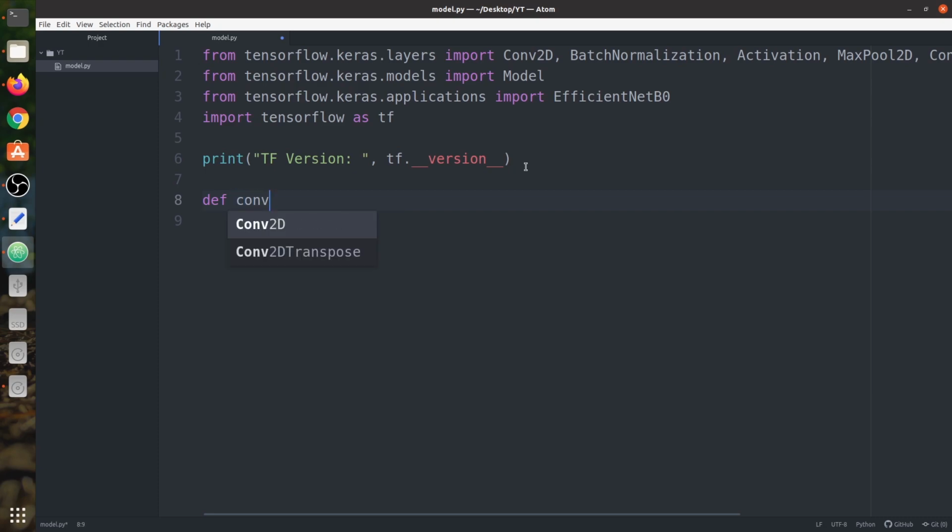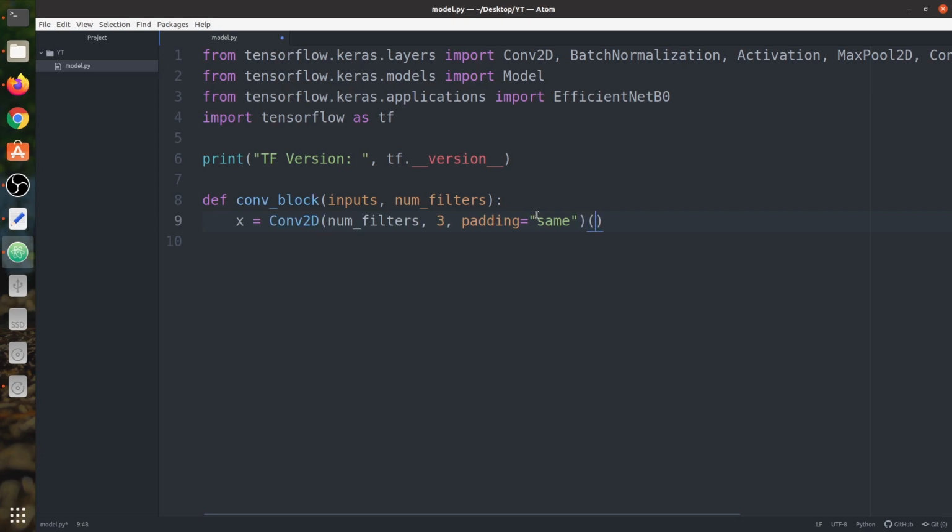So we're going to say conv block, taking inputs and the number of filters. First it is followed by the convolution layer, and we provide it the main input as the input.